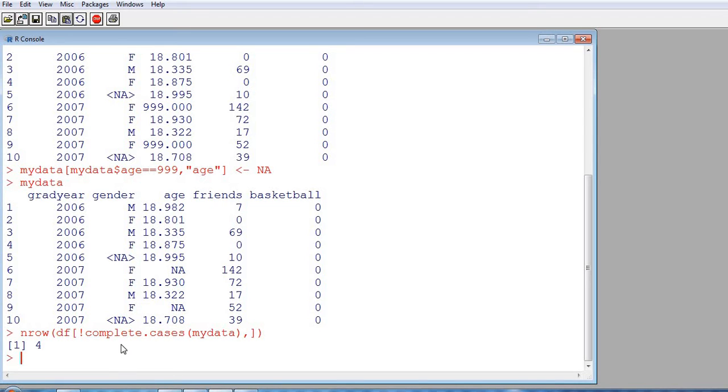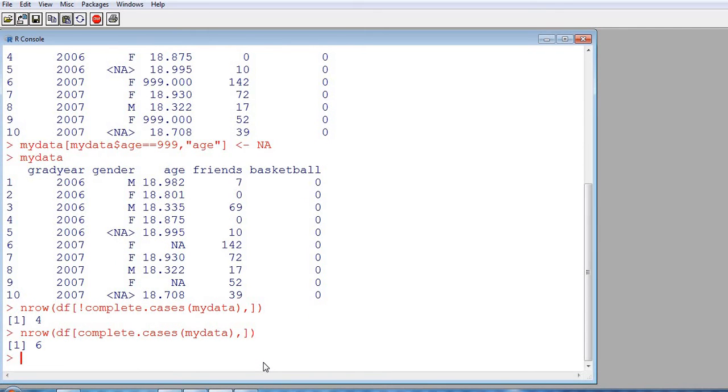Now again, if I am interested in knowing the complete cases count, then I will remove this not operator and I can get the count of complete cases. So with the not operator you can get the count of not complete cases, and without the not operator you can get the count of complete cases.